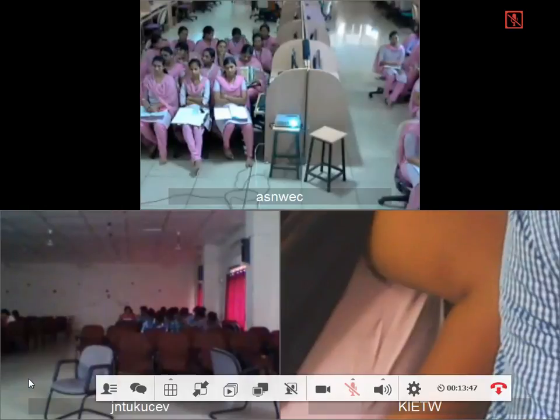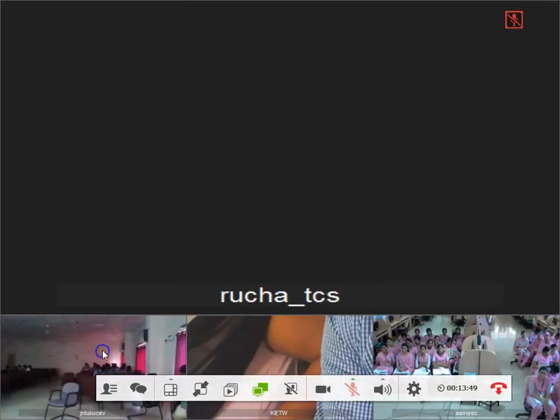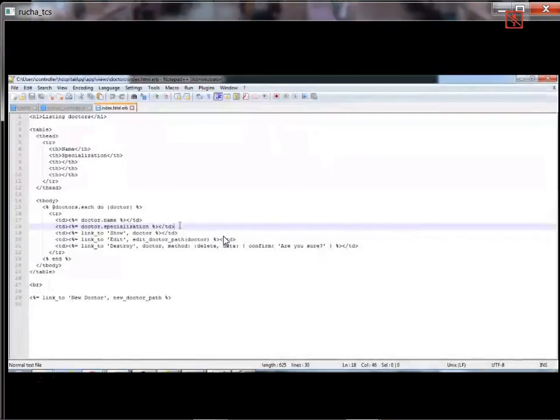So you people might be aware of HTML. Here I have used an h1 tag to list the doctors. There is a table structure to display the data, and similarly, as I had told, all the instance variables declared inside the controller will also be available in the view. @doctor is an instance variable that was declared, and that is what we are now manipulating in the